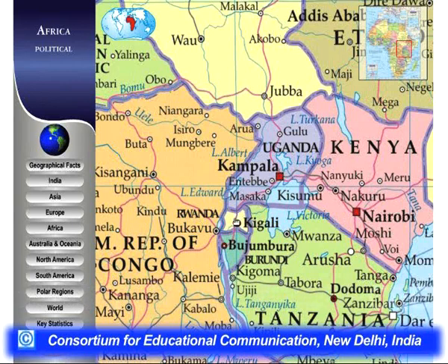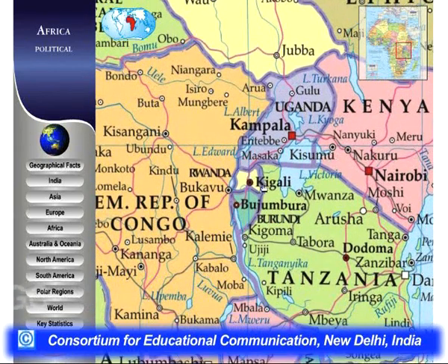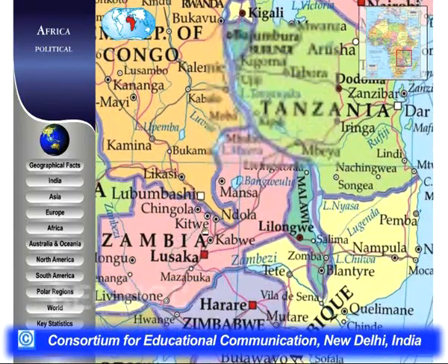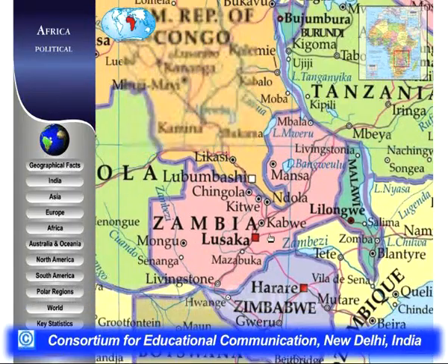Uganda, then a small country Rwanda, then another small country, Burundi. These are all tribal areas and dense forest with a large number of tribal communities found there. Uganda, Rwanda, Burundi. Then find Zambia